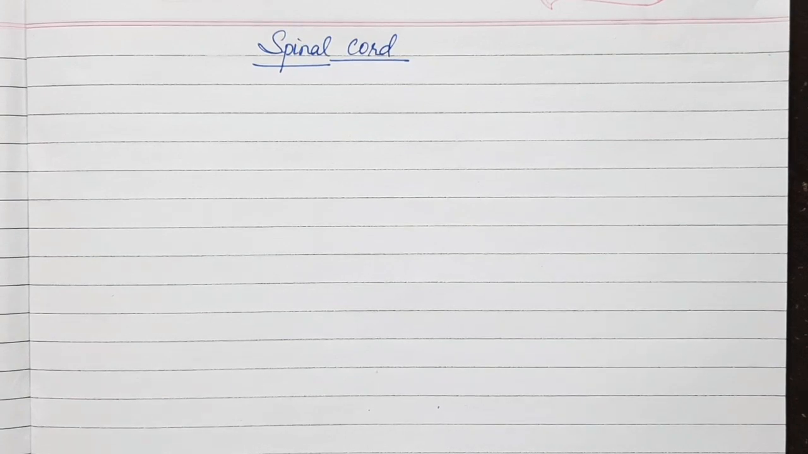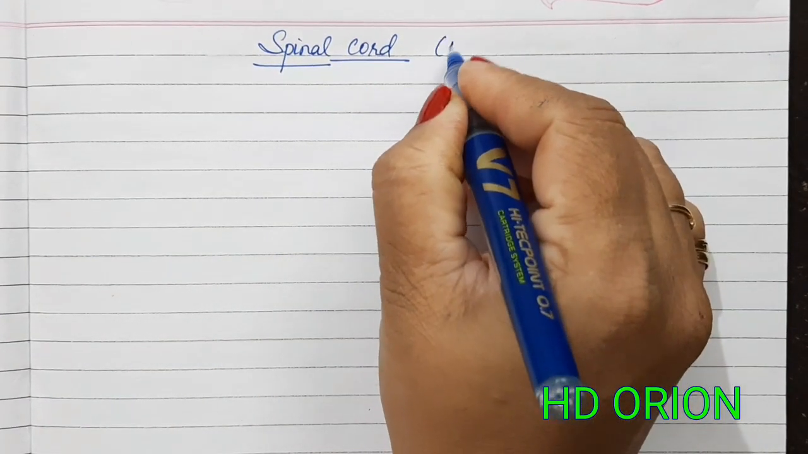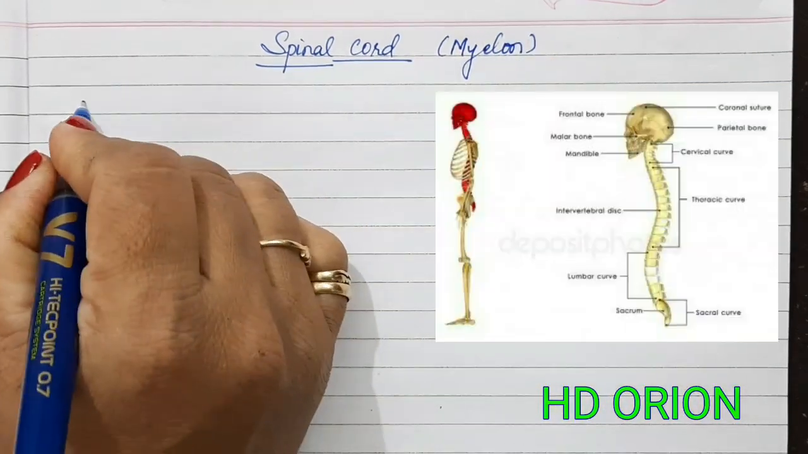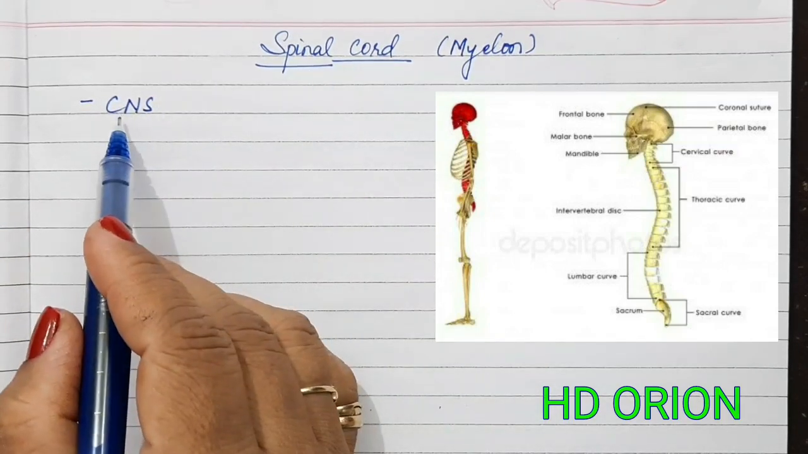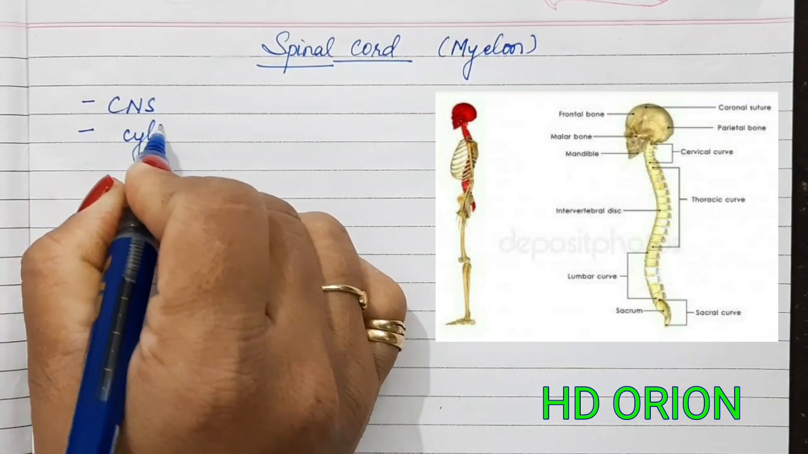Hello everyone, we are going to study the topic spinal cord. Spinal cord is also known as myelon. It is a part of the central nervous system. The brain and the spinal cord form the central nervous system, and it is a tube-like structure. It is cylindrical